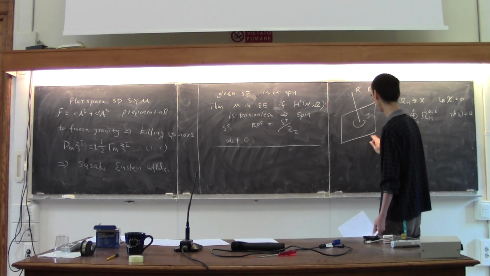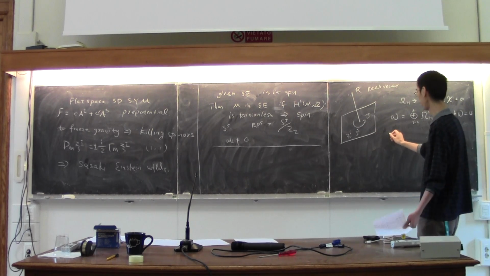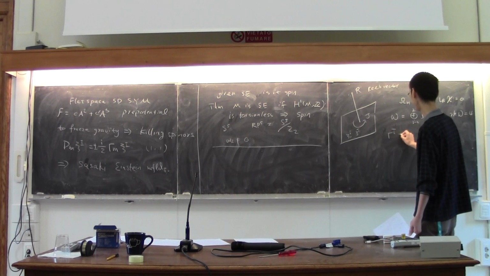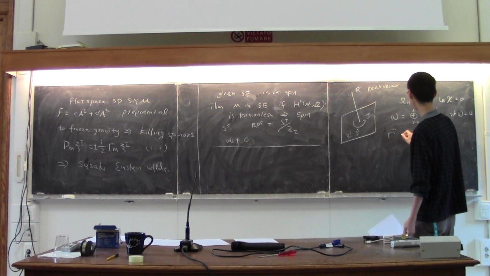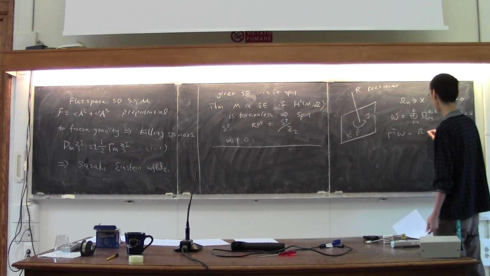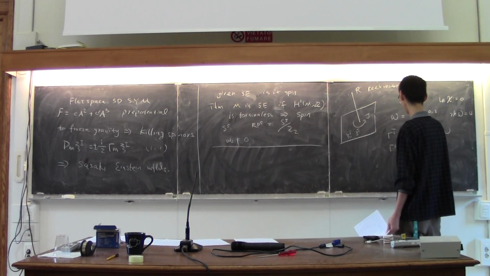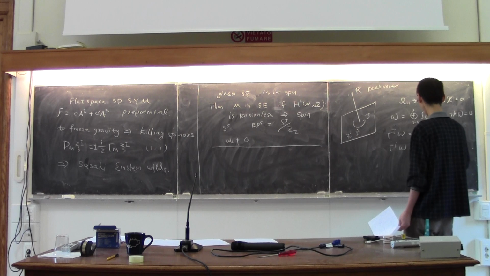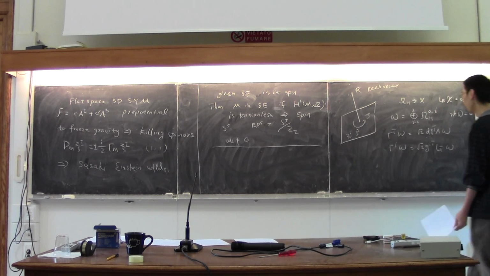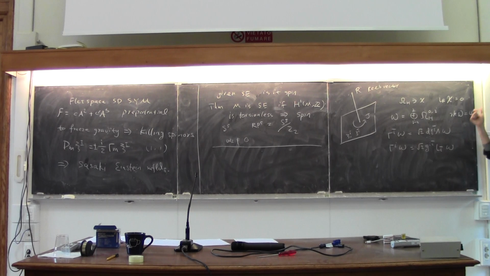Suppose that I locally choose coordinates psi I and psi I bar. Then the gamma matrices will just act like this. So gamma I bar acting on, let's say, on W is equal to... so one of the gamma matrices will act like a raising operator, which means that it multiplies the form by another d psi I, while the other one will act as if it's an annihilation operator.